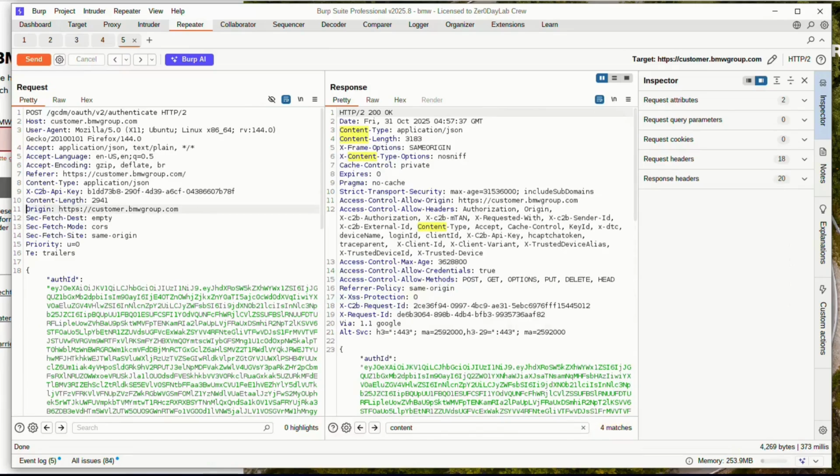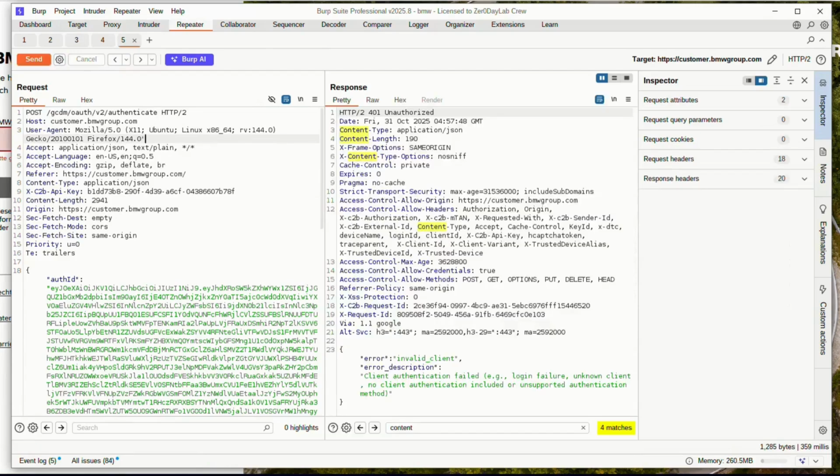Okay, it's changing. We can change the origin. We can try it here on user agent. Okay, invalid client.